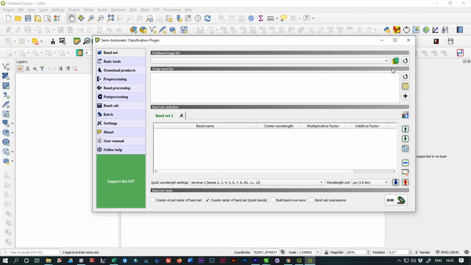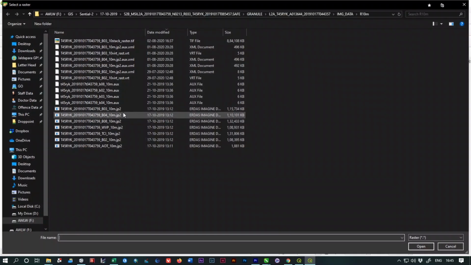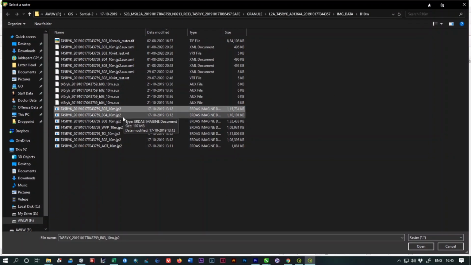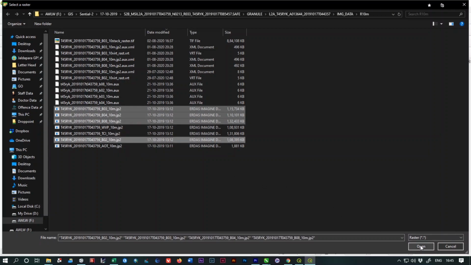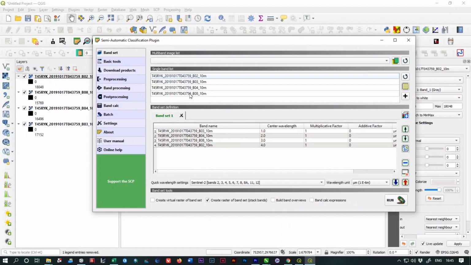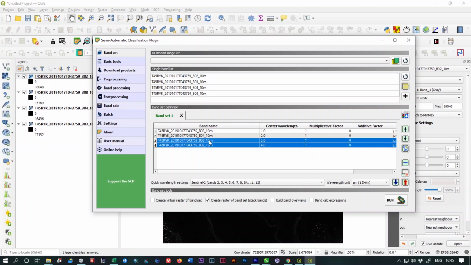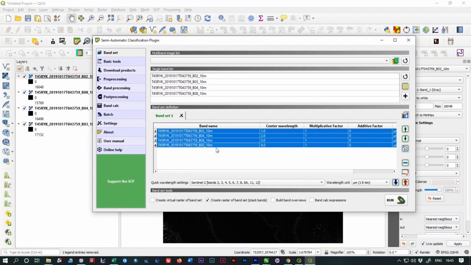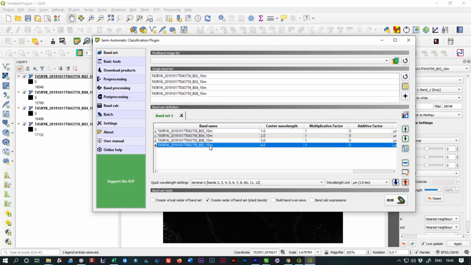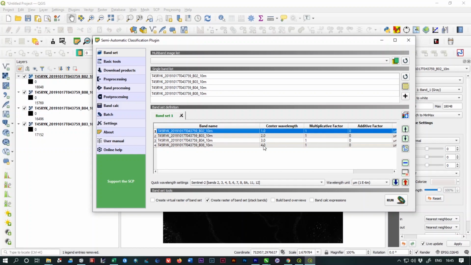From here you have to select the separate bands. I am going to select band 3, 4, 8 and band number 2 of Sentinel-2 satellite, and as you can see it will add a new band set which is called band set 1, and also added the selected 4 bands. I am going to move the bands according to their order: band number 2, band number 3, band number 4 and band number 8.